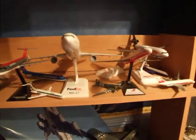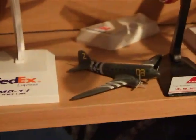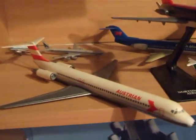So, I'm going to start over here, my McDonnell Douglases, and just for the record, I'm not going to count these little aircraft I have seated around my collection. I'm just going to focus on the snap fits. Right, so starting over here, I have a...